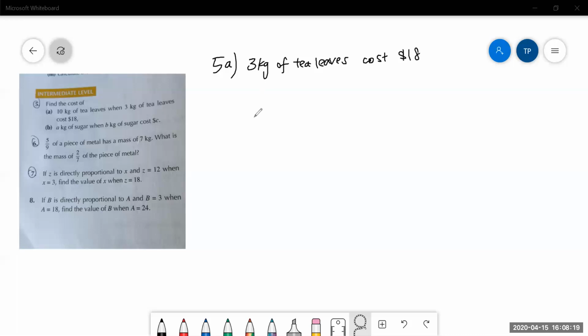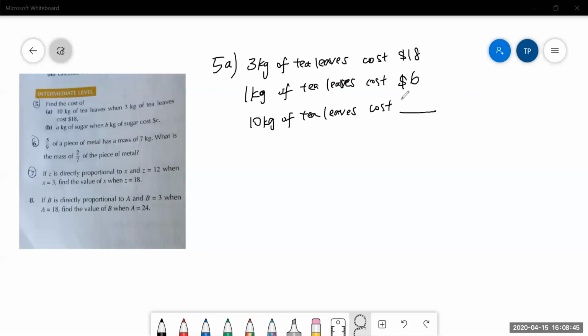So to find 10 kg of tea leaves, we have to find how much 1 kg of tea leaves costs first, right? So divide by 3. $18 divided by 3 will give you 6. Correct. So 10 kg of tea leaves will cost you $60. Very good. Then you get full marks here for part A. For part B,